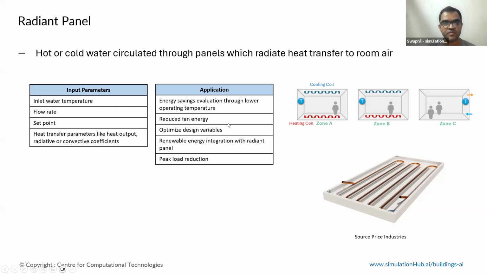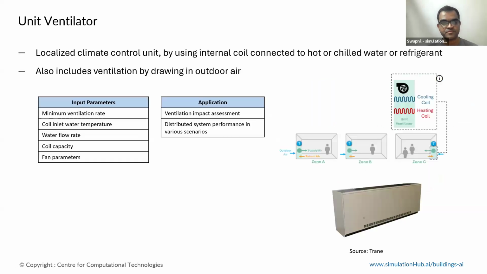In terms of application of this radiant panel, you can use it to show reduced fan energy consumption, optimize your design, as well as use it in combination with renewable energy systems that you are using and show peak load reduction as well. A very simple system that is also available in the library is the unit ventilator,